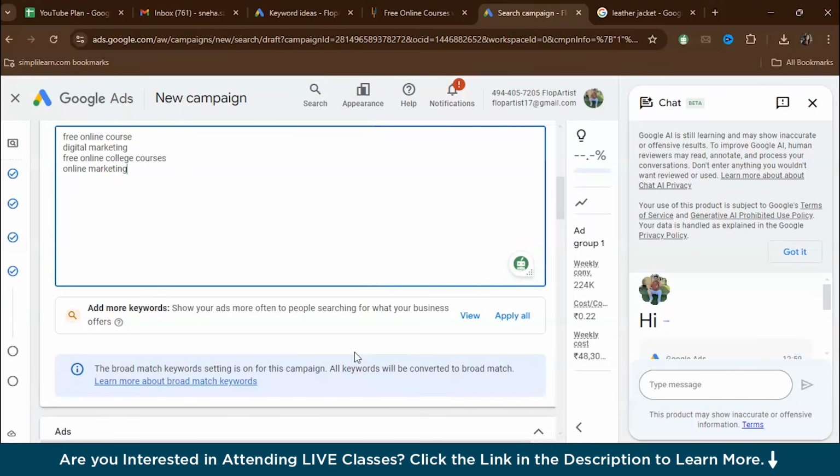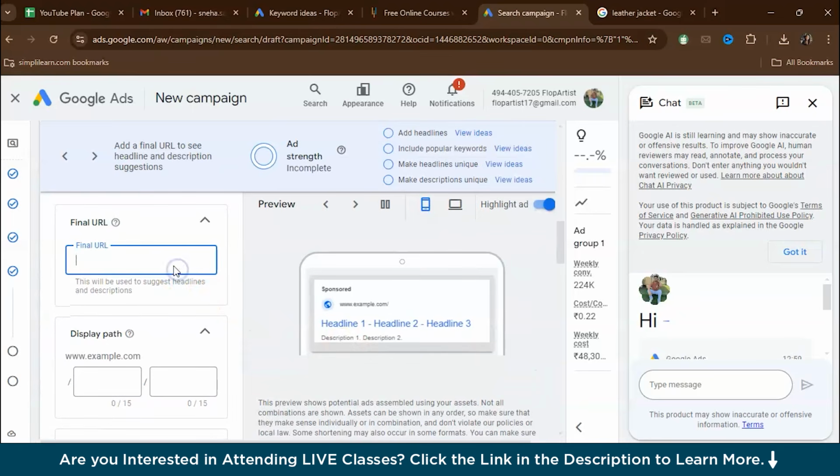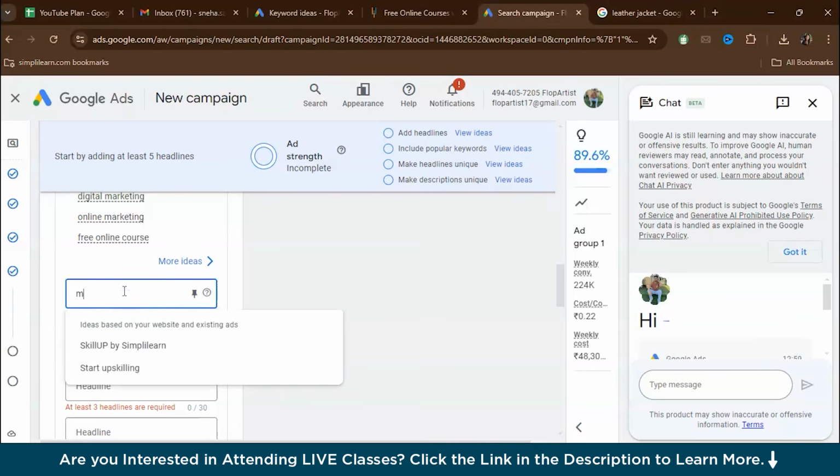Now it's time to create your ad. Your ad copy includes the headline, description, and display URL. This is what users will see in the search results or across the display network. So basically in your ad, make it engaging and relevant. First you can give the URL of your website. In the headline, you can grab the attention by highlighting your key offerings and including one of your main keywords. Like for example, you can give master